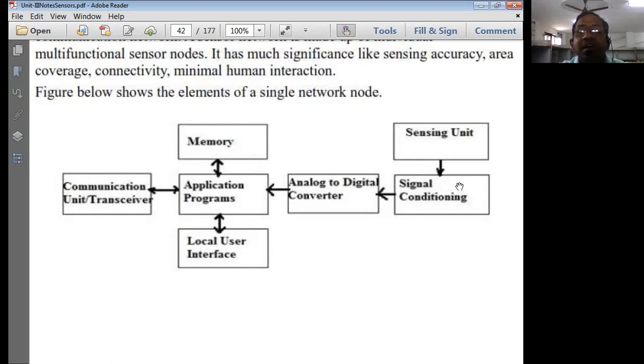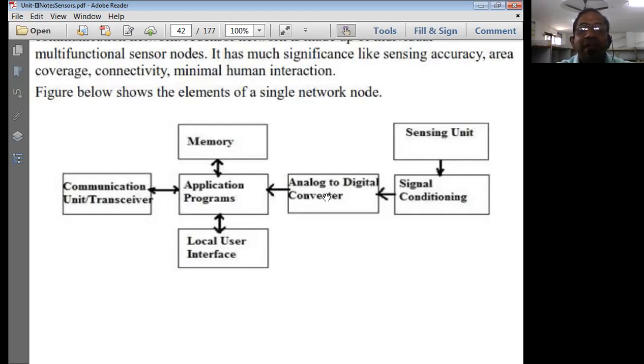That means the sensor itself can be called an embedded system because it is performing a specific task. When I say a specific task, it may be a congregation of many other intended predefined specific tasks. Then communication units, memory units, conversions, and signal conditioning units, put together, we normally call it a smart sensor, basic block diagram.